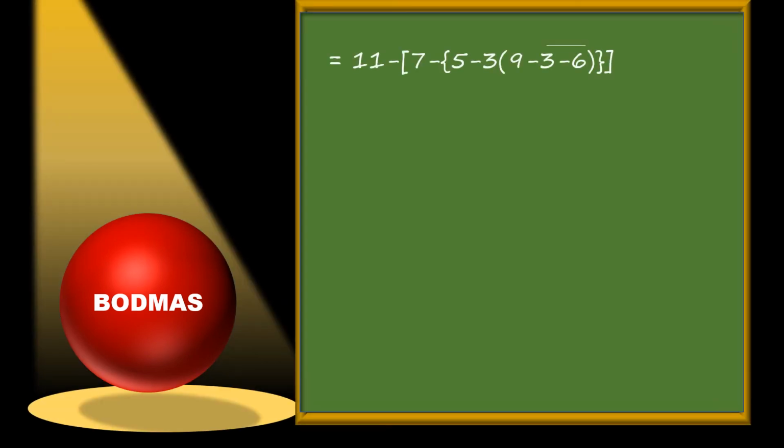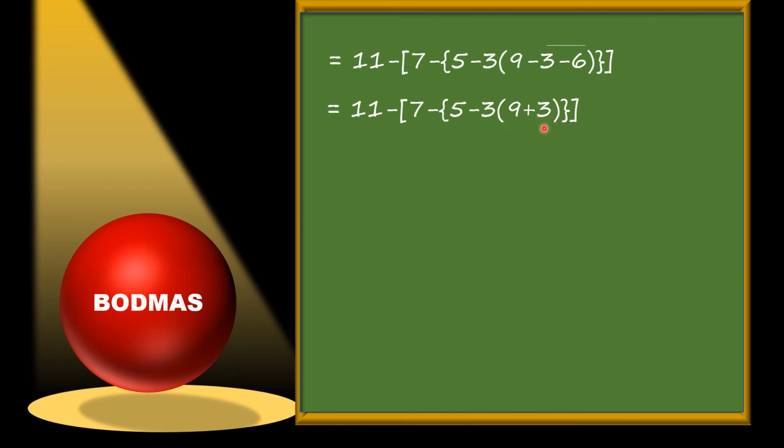Now let us solve one more question of simplification of integers. Here are brackets and here is a line bracket too. I have already told you, when there are brackets, and because brackets are of four kinds, line bracket, small bracket, curly bracket and big bracket, the sequence starts from the line bracket. So at first we will solve this 3 minus 6. The rest of the things will be as it is, and here we will get minus 3, and this minus minus will be plus, so it is plus 3.